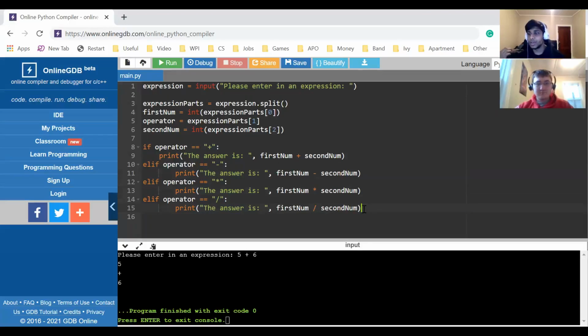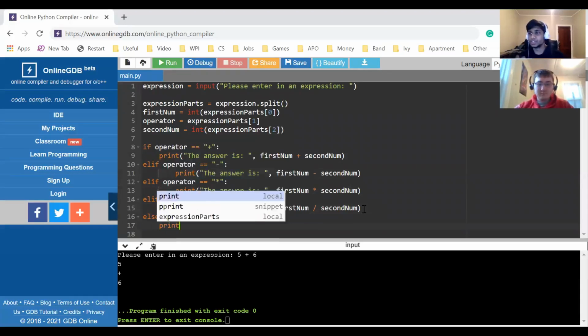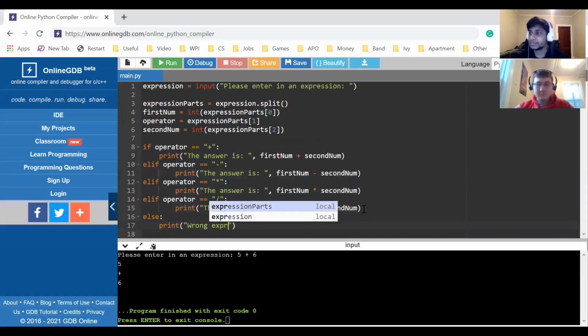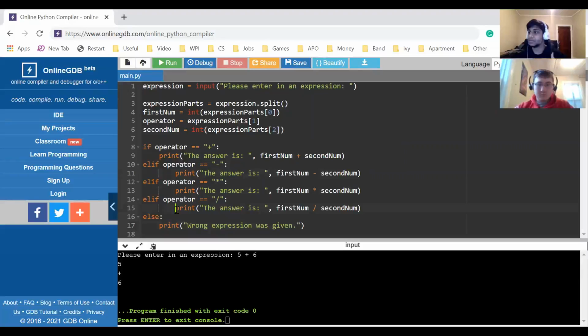Okay, and then we can also add in an else statement for if none of those things occurred. So say if it's not a plus, minus, multiplication, or divide, we could just have it print out wrong expression was given. All right. Now, if you don't remember, one of the parts of the assignment was actually checking for division. You can't divide by 0. So if the second number is 0, our thing would most likely error out, which Ryan can show you right now. If we run our program,